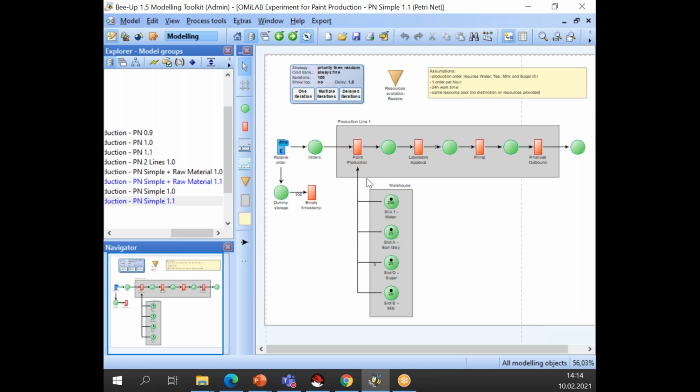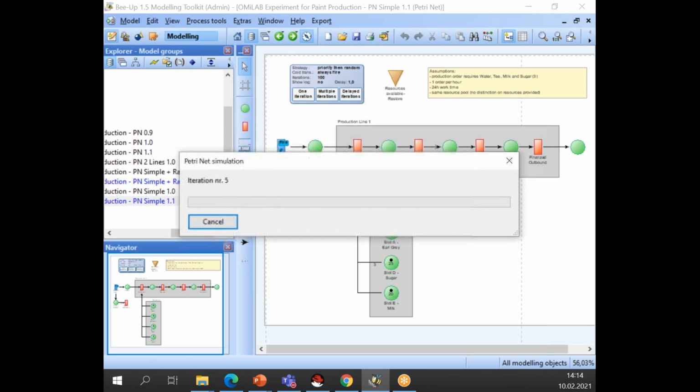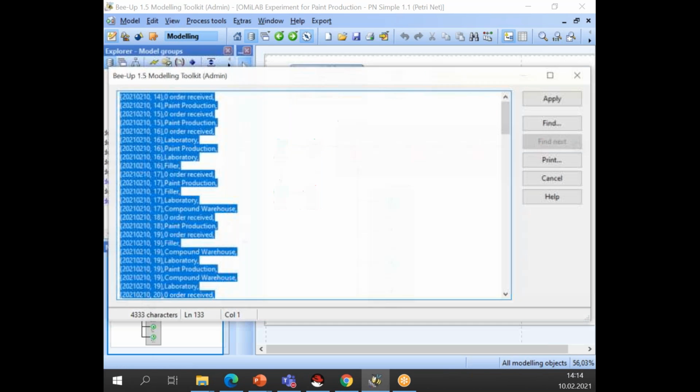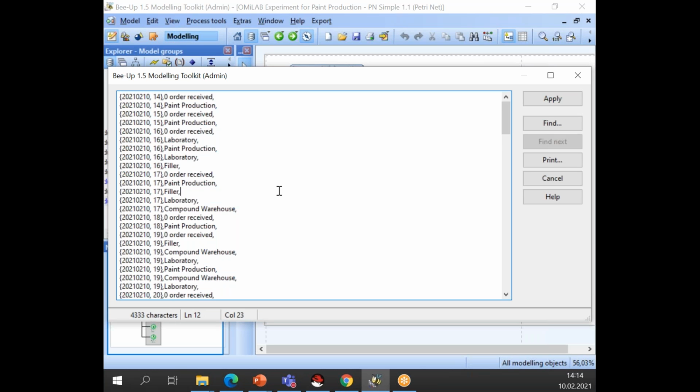So you can see the tasks in BPMN are now transformed to transitions. And those transitions include the information on creating timestamps. And when I now run the simulation, I can create timestamps in a quick way, and I can see those